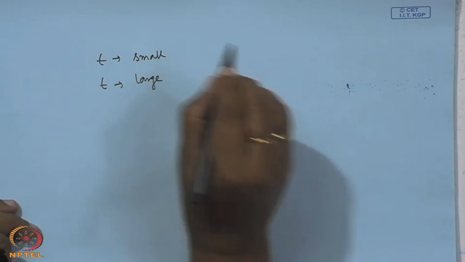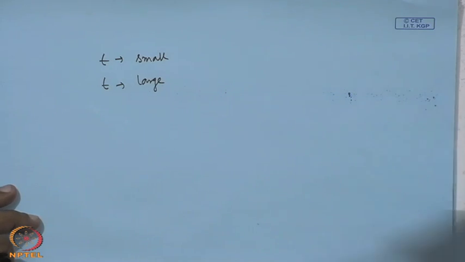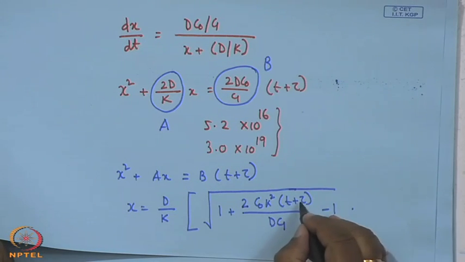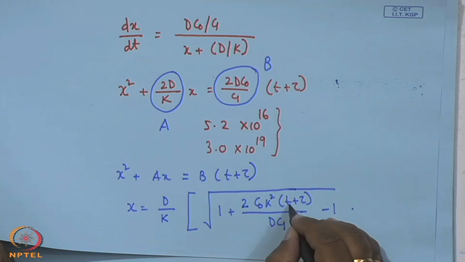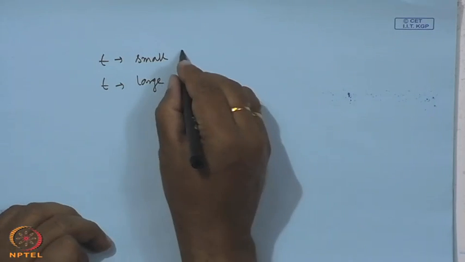Two distinct cases we shall consider with this relation. That means, with this relation when t is small or when t is large. Now, when t is small, what happens? For small t, you can write that for small t,